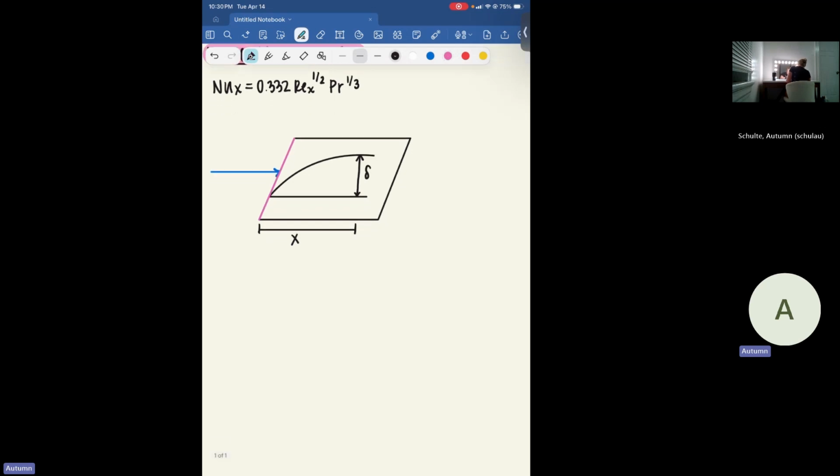So as I said, the Nusselt number is a ratio of convective and conductive heat loss. So this is equal to the convective heat transfer